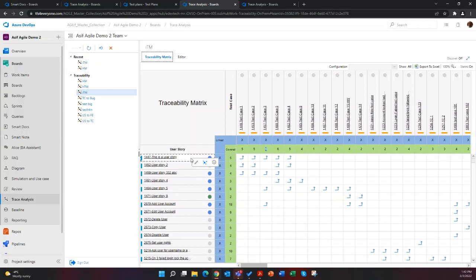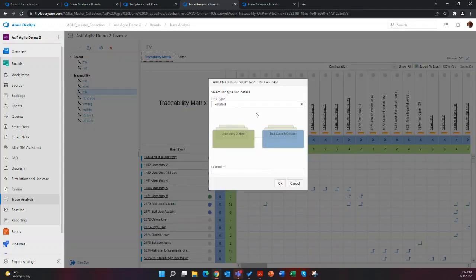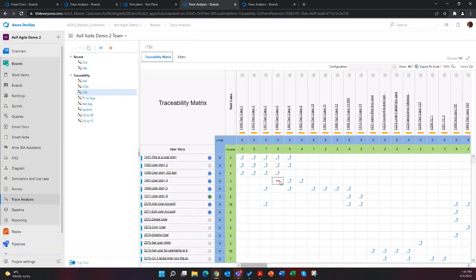In this view, you can also make links. And you can break links. So not only is this tool really good for visualization, looking at test coverage, looking at how many risks have mitigations or what are the requirements bugs or test case bugs. You can configure these very easily and then export this to Excel.